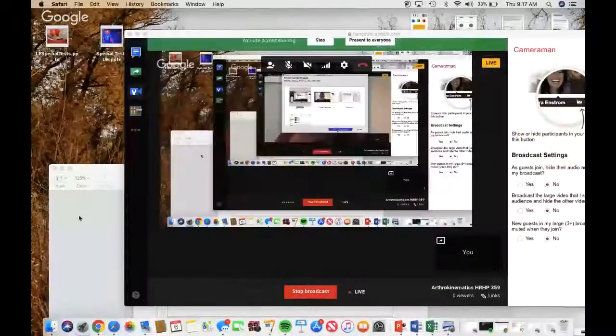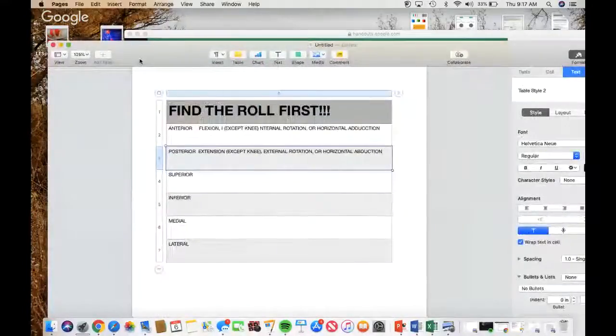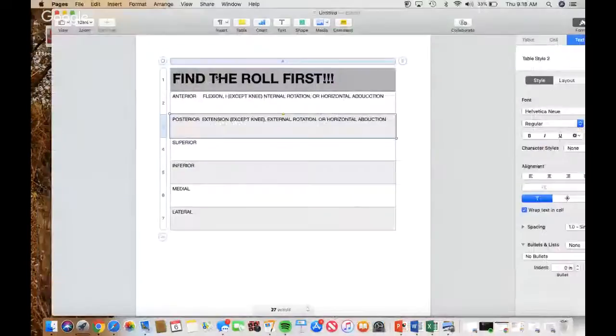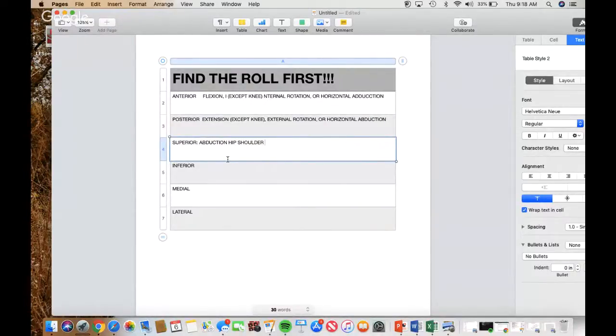Back to the screen share, desktop. Superior roll. This is where it gets a lot easier. Anytime you see abduction, whether it's the hip or the shoulder, you know it's a superior roll, and that is it. An inferior roll